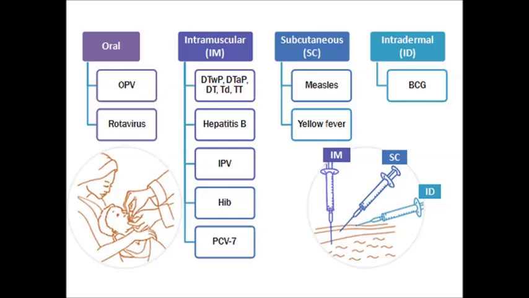The route of administration is the path by which a vaccine is brought into contact with the body. Oral administration of vaccines makes immunization easier by eliminating the need for a needle and syringe. Intramuscular injection, however, administers the vaccine into the muscle mass. Vaccines containing adjuvants should be injected intramuscularly to reduce adverse local effects, such as in hepatitis B and IPV.